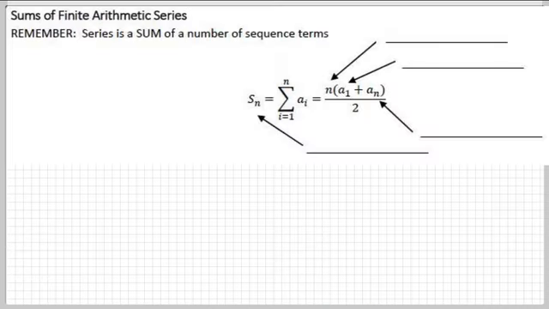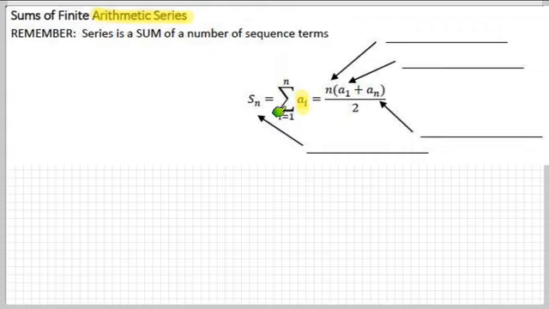Okay, let's talk about arithmetic series now. If you remember, a series is a sum of numbers in a sequence. Today we're just talking strictly about arithmetic series. So that means that in this case right here, ai is referencing an arithmetic sequence. So what it says is, if I want to find the